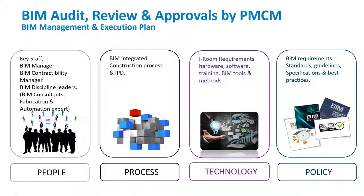I define the BIM constructibility manager as a person who has 80% expertise in site and construction, and maybe 20% in BIM. So very strong and deep knowledge of the construction process and a good understanding of the BIM process. We should have this BIM constructibility manager in each project. It's a key part. We are all familiar with the BIM manager and other disciplines, and I will also insist on the BIM